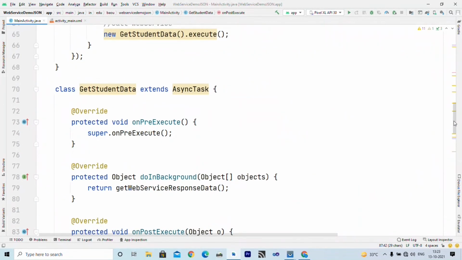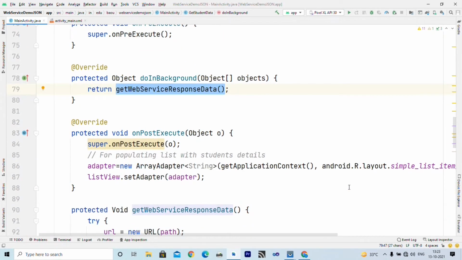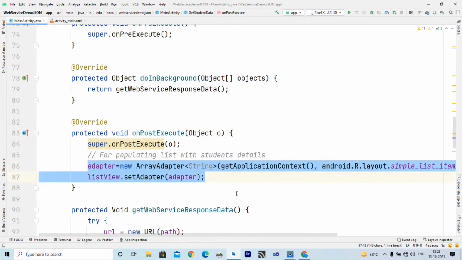Inside onPreExecute we write nothing. Inside doInBackground we call one user defined function which actually fetches data from the server and puts it inside the student array list, and after doInBackground the onPostExecute method is automatically called, and inside that we create an adapter to fetch data from the student list and display it inside the list view.